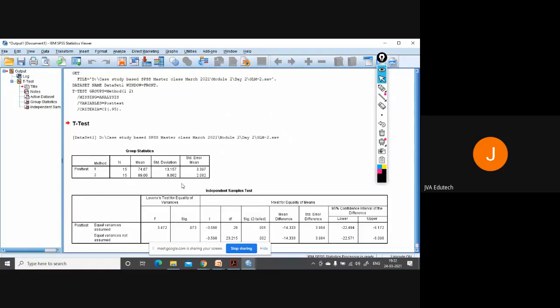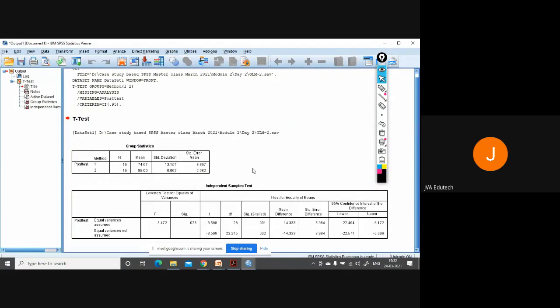Okay. Here you can see that whether you take equal variances assumed or equal variances not assumed, there is a difference among the groups, because on the overall scores, whether they are taking online or offline, the method has an effect on their scores, because p is less than 0.05. So there exists a significant difference between the two methods.